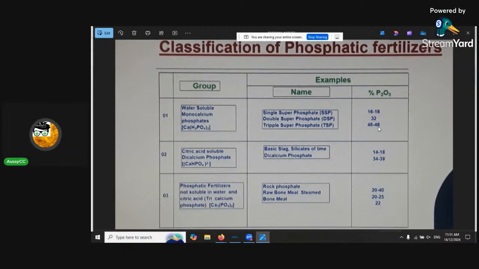So 50% of the triple superphosphate, TSP, is phosphorus. So 50%, there is a large form available if you really want. But the ones down here at the bottom, rock phosphate, bone meal, raw meal, look at those contents, 20 to 25%. So those are the inputs for phosphate I support. Raw bone meal, bone meal.